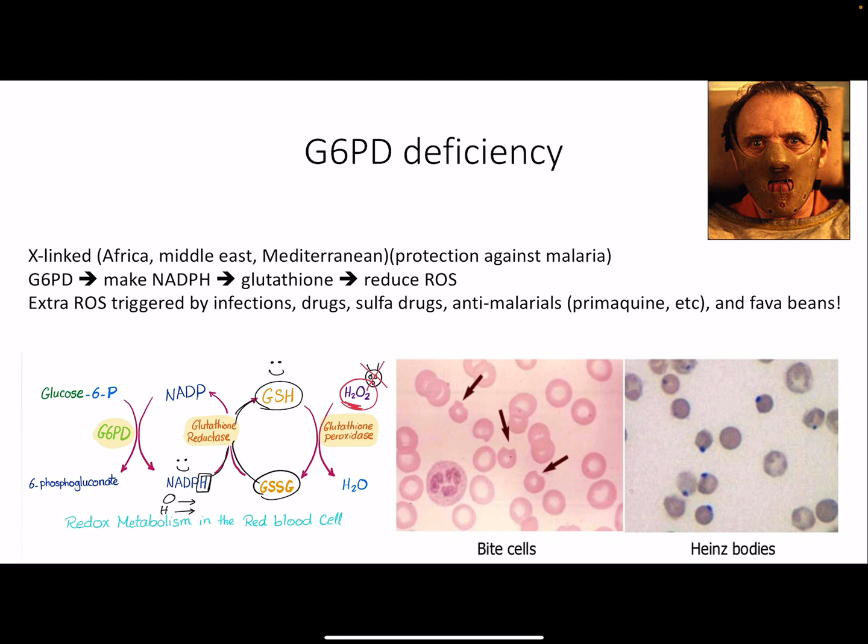G6PD, we saw this in the biochem thing. This is X-linked. Often it's in people of African, Middle Eastern, and Mediterranean descent. And like we see in sickle cell, like we see in thalassemias, this might have a protective effect against malaria. So